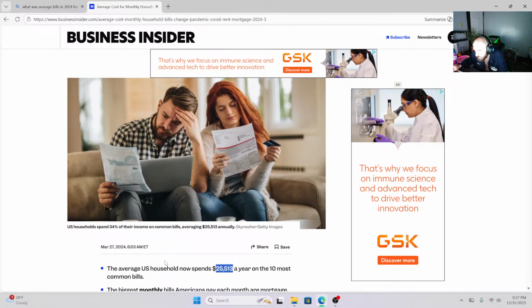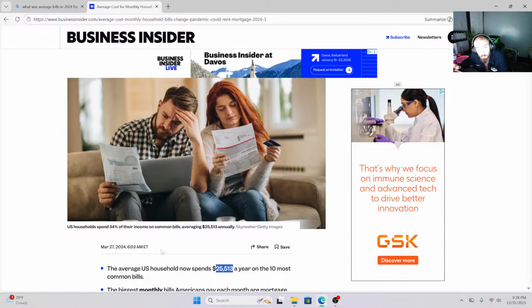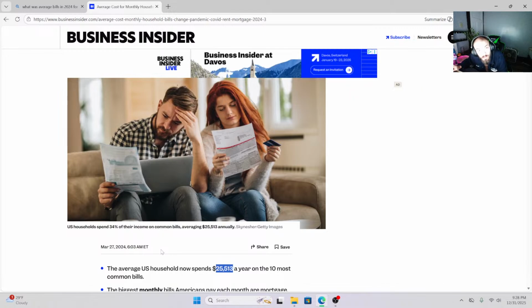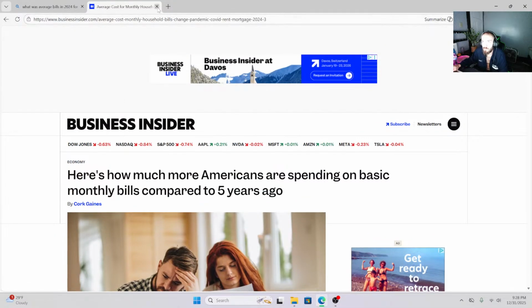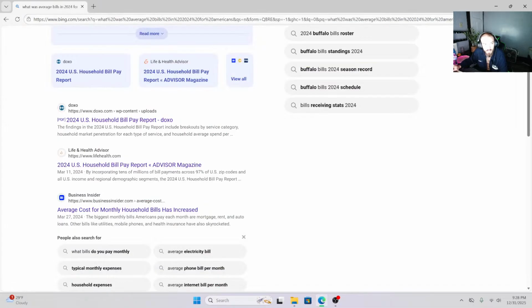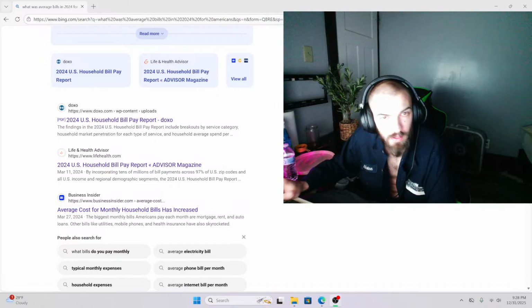Even if your mortgage or whatever was $500 a month, you're spending 6 G's. Most people pay 1,000. That's 12 G's. A lot of people pay more than 1,500, which would be 18 G's. And you're telling me somebody spends $25,000 a year? What I'm trying to get at here is